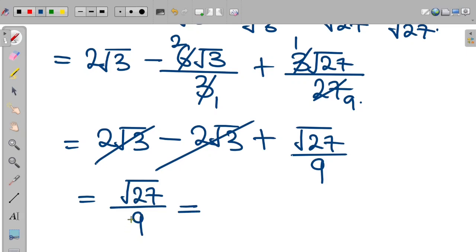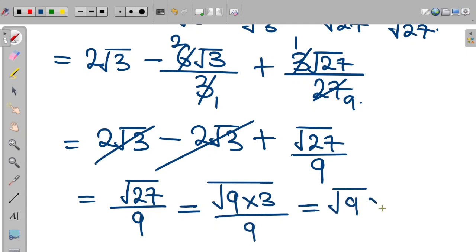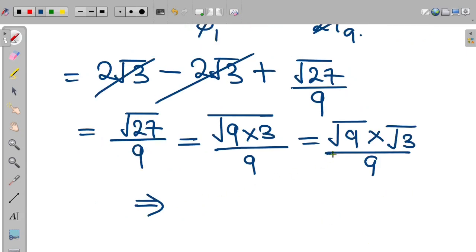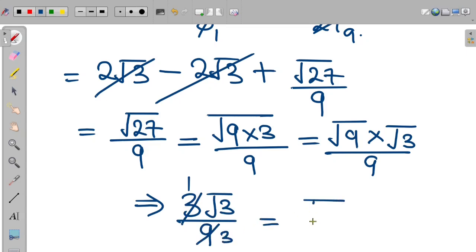And we can simplify further because we can express 27 as a product of its factors. So this becomes root 9 times 3 divided by 9. So this is root 9 multiplied by root 3 divided by 9. 9 is a perfect square, so root 9 is 3. So we have 3 multiplied by root 3 divided by 9. If 3 cancels itself, we are left with 1. 9 divided by 3 is 3. So therefore, we are left with root 3